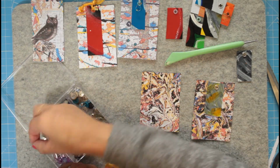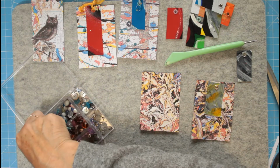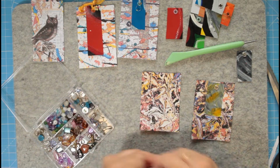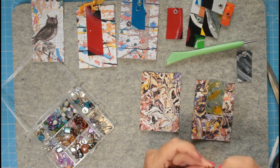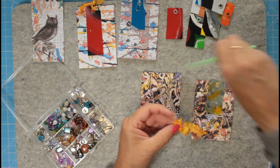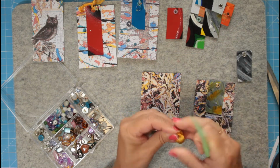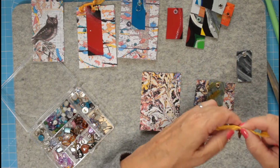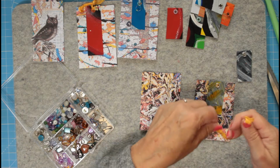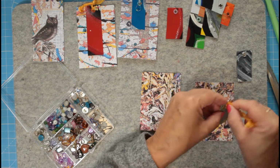It's more like a gold. It's a gold colour, isn't it? Oh, look at this. I've got little flip-flop in gold. Oh, well, we'll have that. That will work. We're doing abstract, aren't we? So...